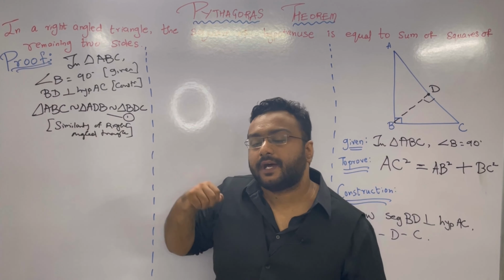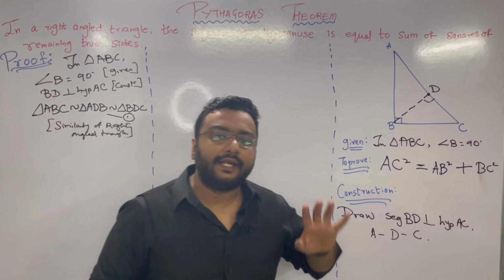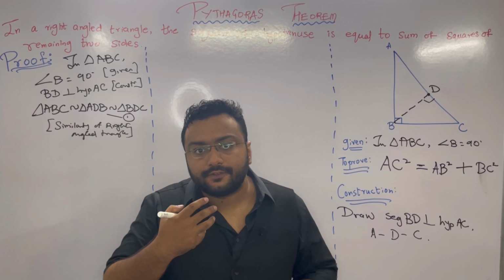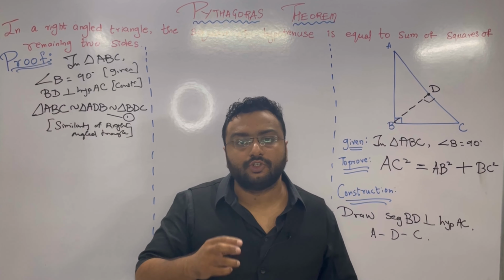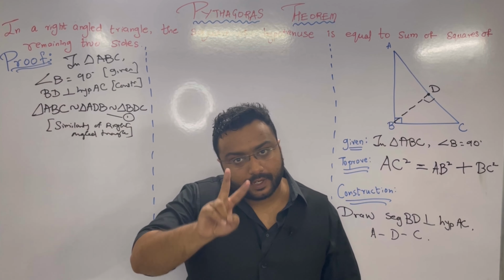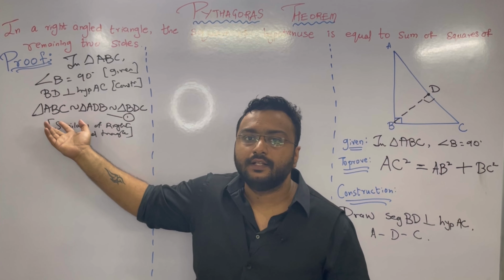But here AC is part of only one triangle. So now what to do? Let's do one thing. Let's not solve the left hand side. Let's try for the right hand side. Why did we shift to the right hand side? The reason is we needed AC square, and for AC square, AC should be part of two triangles, but here AC is part of only one triangle, that is the first triangle.